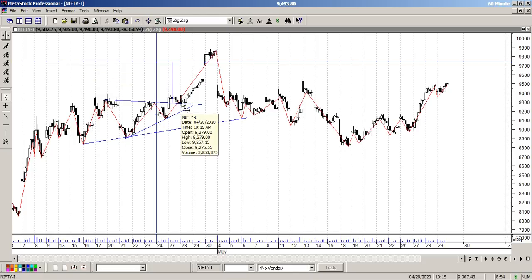So here you can say, okay, I will buy out here. Nifty future is something like 9,300. Your stop loss will be this swing low, which is something around 9,115. You have a target of 9,740. So this is how peak and trough analysis is traded. This was an example on Nifty.